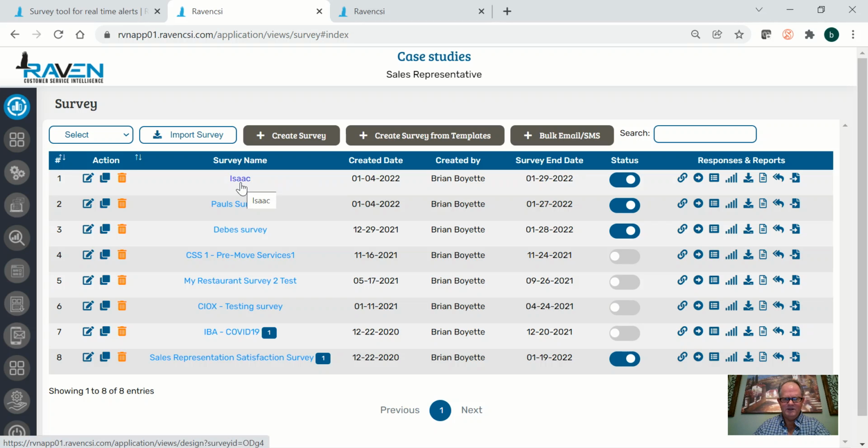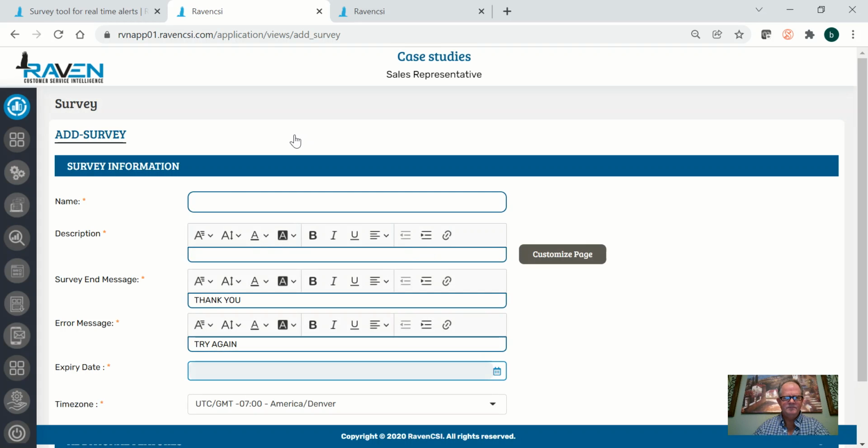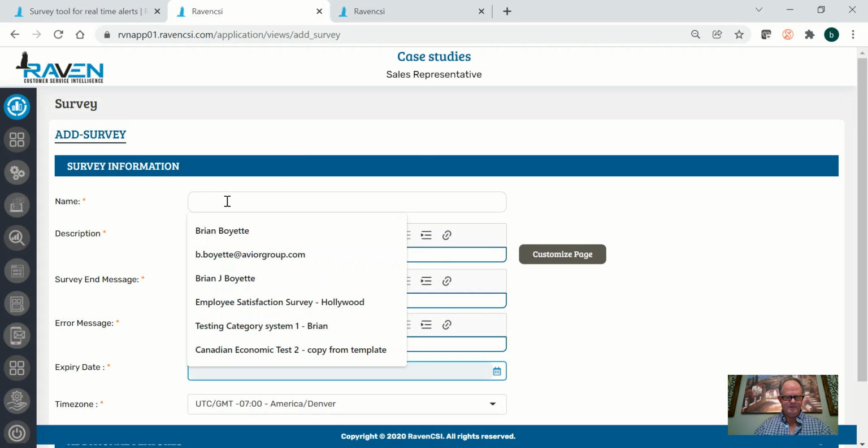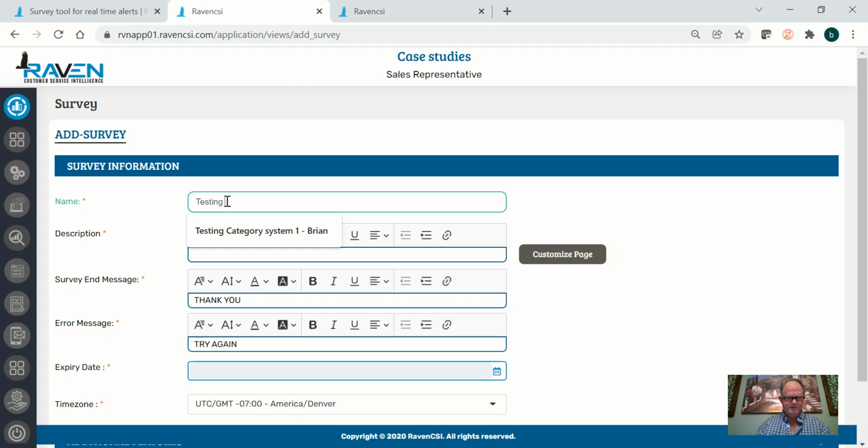If you want to edit the survey, you just click right here on the survey name. So first of all, I'm just going to create a survey, and we're going to do a 3-question survey and publish it and show you how fast you can do that in Raven. Okay, so I'm going to hit create survey. You have to put in a name. This is testing survey users. You have to put in a description, so please provide